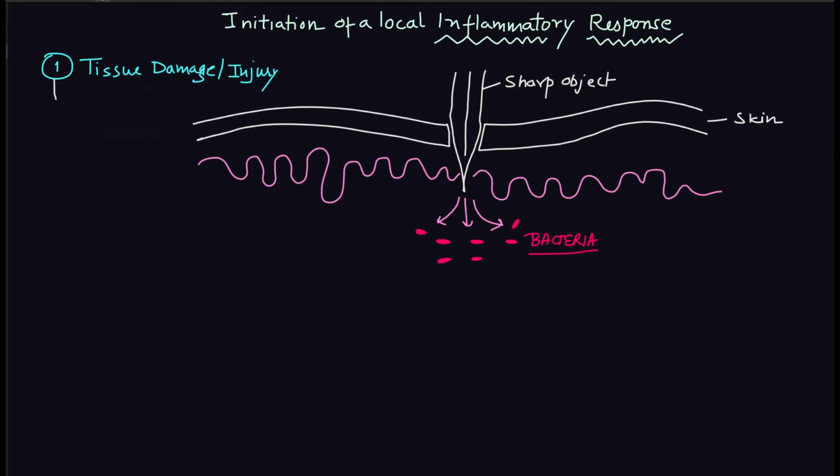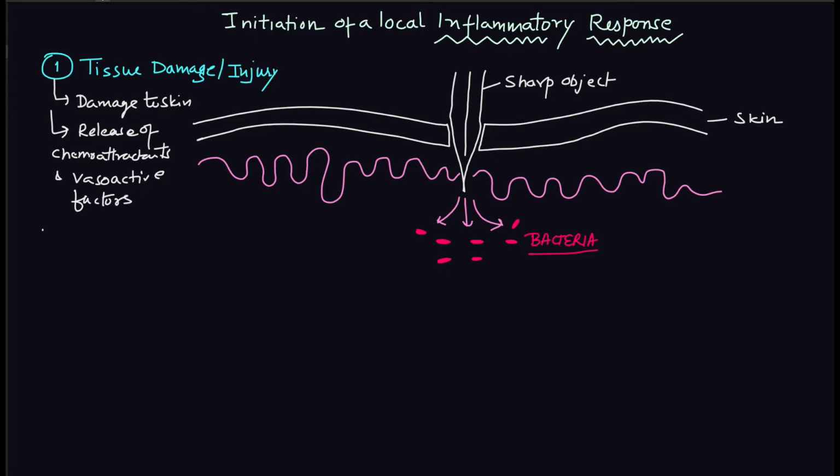Now what will happen in stage 1? There will be the damage to the skin or the underlying tissue, which will cause the release of chemoattractants and vasoactive factors. And because of this, there will be high blood flow in that area, as well as there will be capillary permeability. Because of the high blood flow and the capillary permeability, the local inflammatory response will be triggered. So this is the stage 1, where the bacteria has entered, and then you have this next stage going on